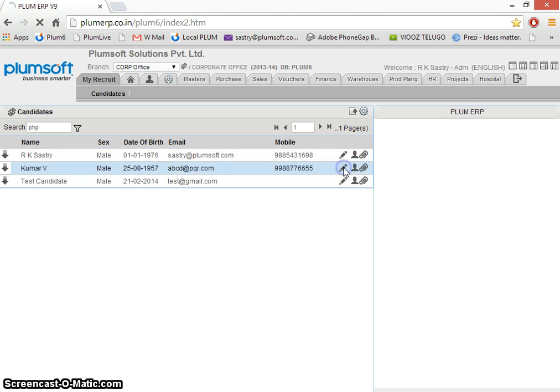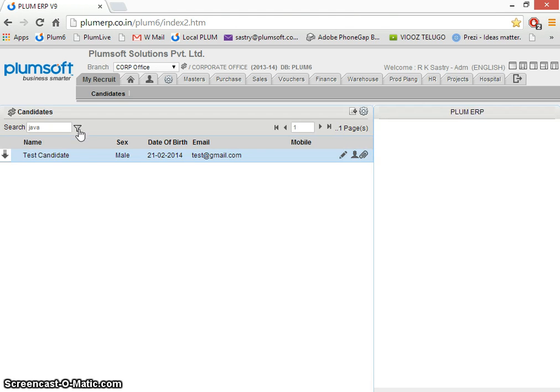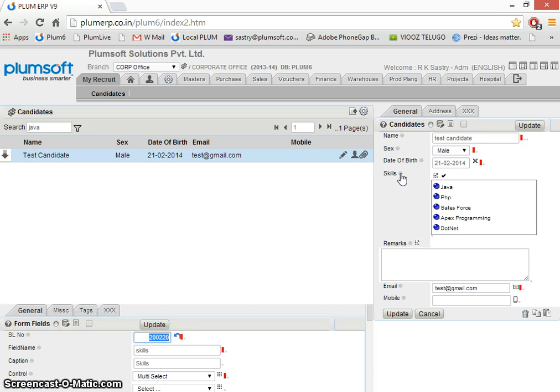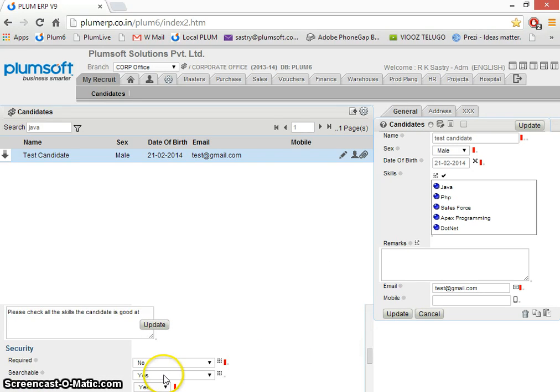That means there is a PHP in this candidate, and here as well as in the third one. And the same thing I say Java, and you will notice only one candidate has come because only he knows Java. So, to make any field searchable, all that you tell the application is this is searchable, yes or no. The moment you say yes, it is finished.